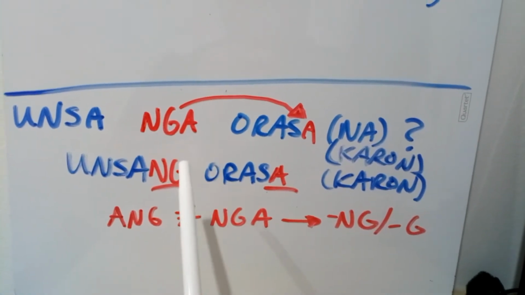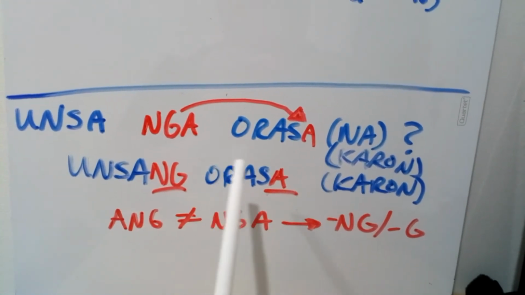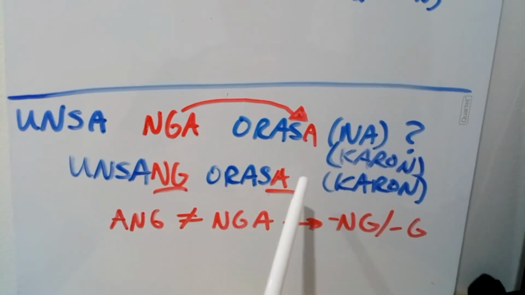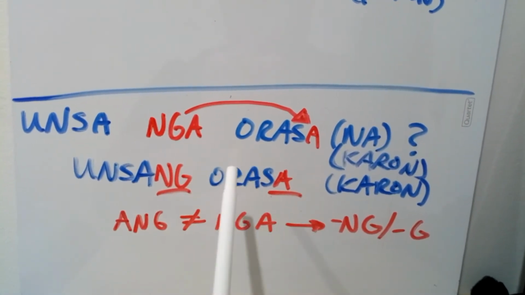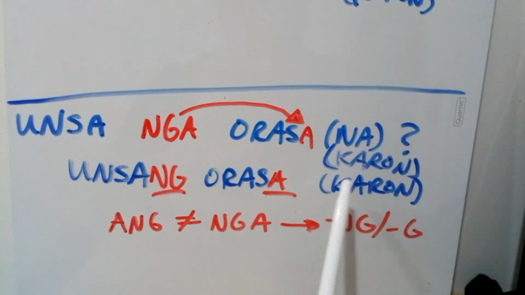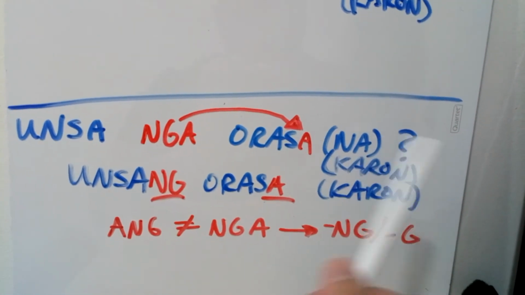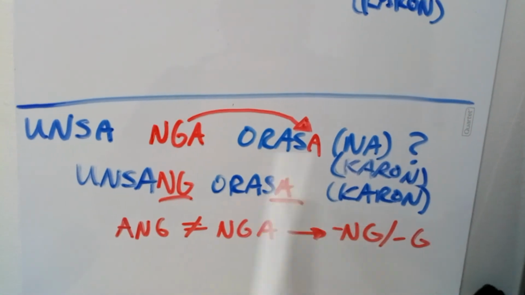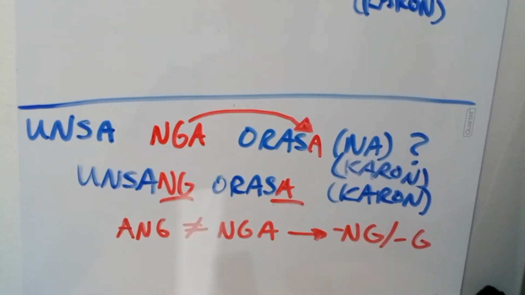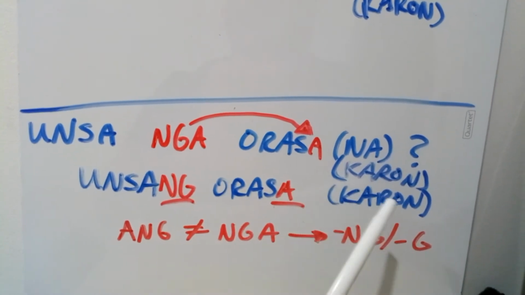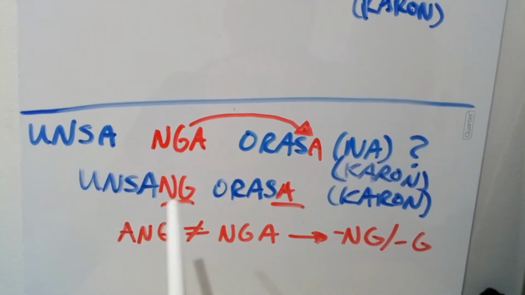Like kanang libro ha, kining balaya. You have all these a and ha at the end of it to make it a specified object. And again, you have your enclitic particles and trigger words to help you, right? But that's not the point. The point is unsang orasa, or unsang orasa na, or unsang orasa karon, is asking for a specific time.